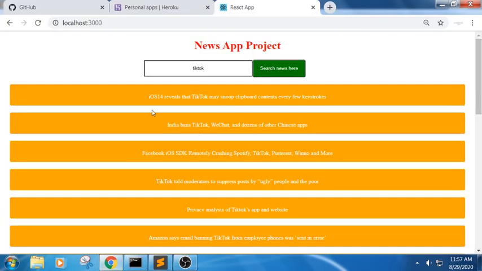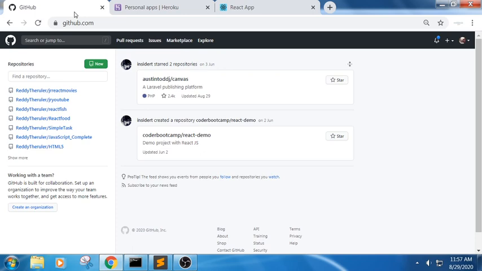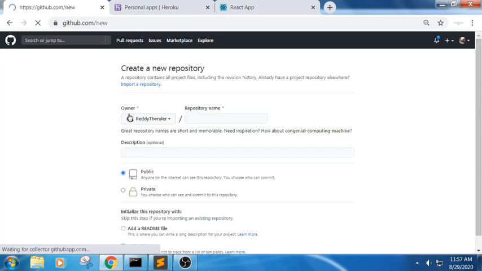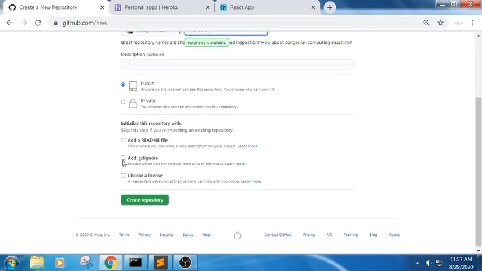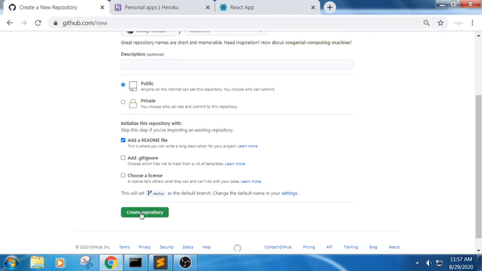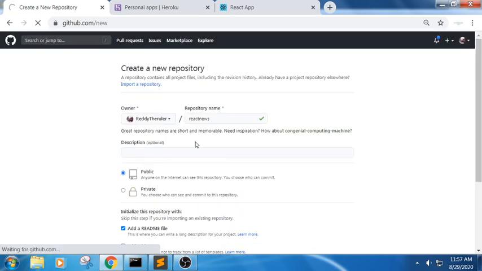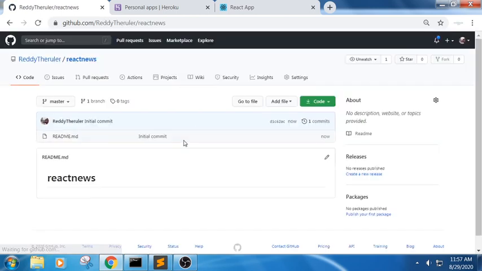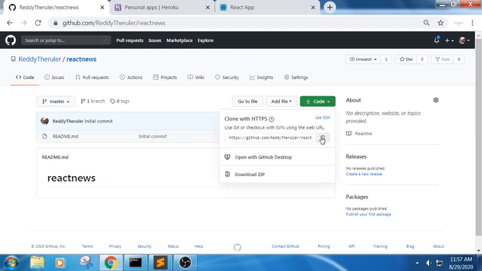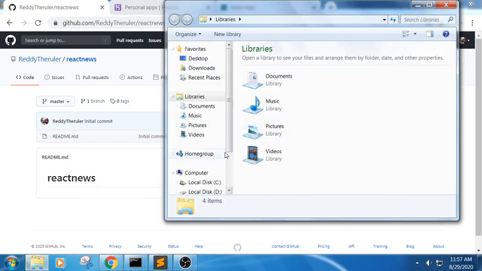So let us upload this project live. Last time also we got an error, but later we rectified it. This time also we will try to implement it. So I'm creating a new repository in Git. Every time we should start from the first, like creating a folder, but I'm doing it this way. Create new repository. I have created a new folder, and I'm copying it. The folder name is React News, and I'm using Git.